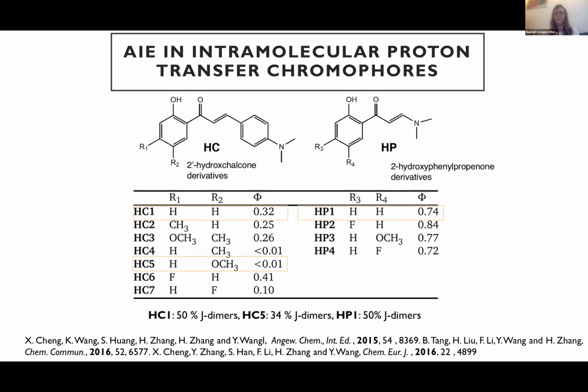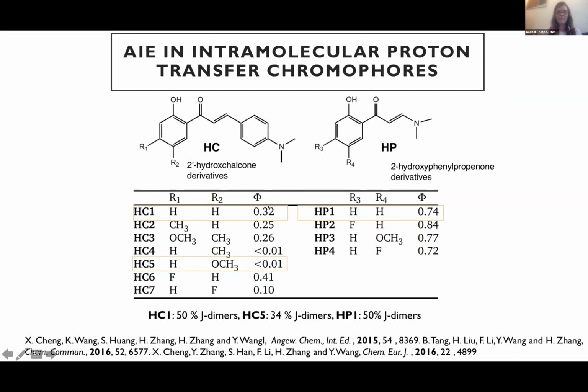There is a lot of experimental data for them, and this experimental data is provided for the single crystals. So we have their three-dimensional structure, we have reliable data of the quantum yields, and we also have quite a lot of experimental data about these systems. So we started trying to understand why these systems that are very similar in structure show such different properties. For example, you can see for the HC series that